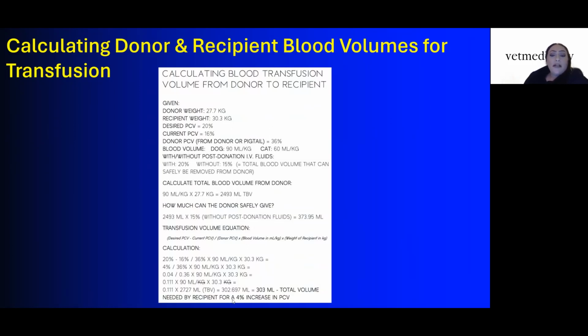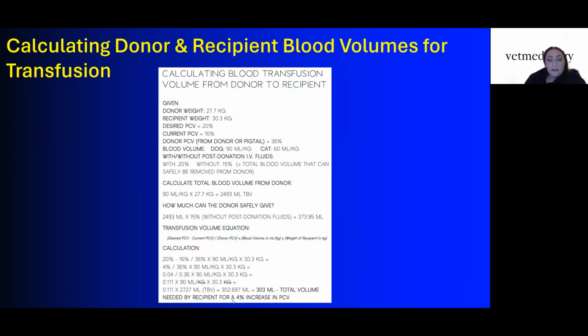So first you want to calculate the total blood volume from the donor, 90 mLs per kg in this case, these are dogs, obviously, times 27.7 kgs equals 2,493 mLs total blood volume. So how much can the donor safely give? 2,493 mLs times 15% without post-donation fluids equals